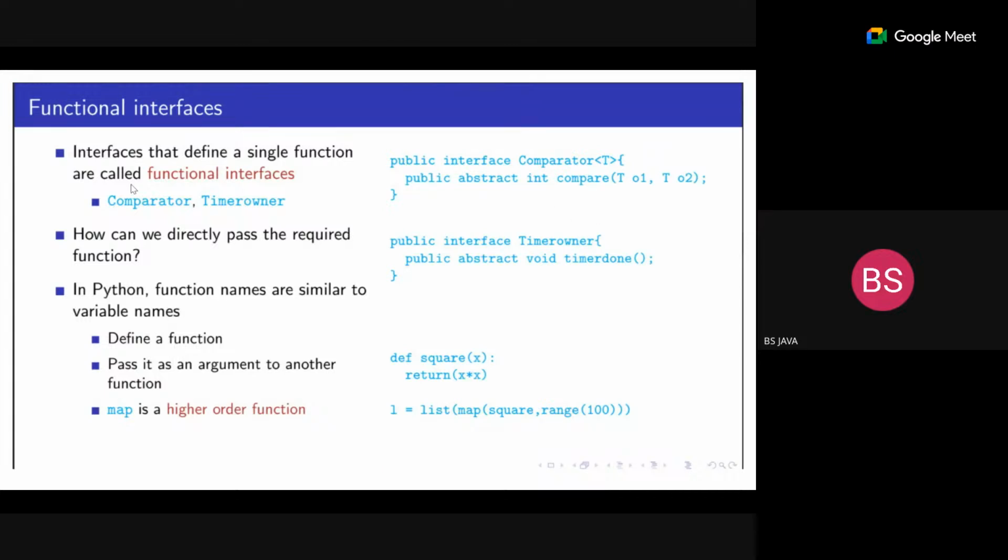What are functional interfaces? Interfaces that define a single function are called functional interfaces. Like Comparator and TimerTask, these are called functional interfaces because they have only a single abstract method in them. The interfaces which have a single abstract function in them are called functional interfaces. An example is Comparator. In the Comparator interface, there is the compare method. This is a functional interface because it has only one abstract method. How can we directly pass the